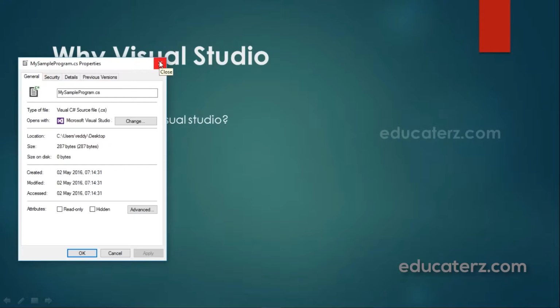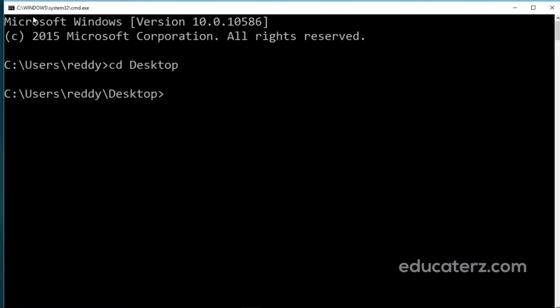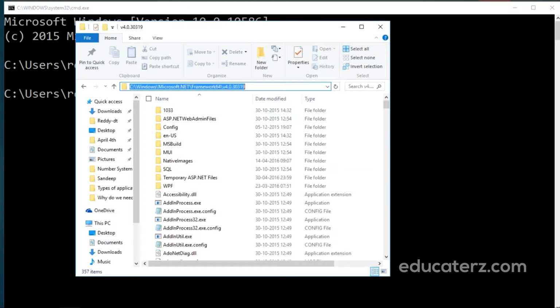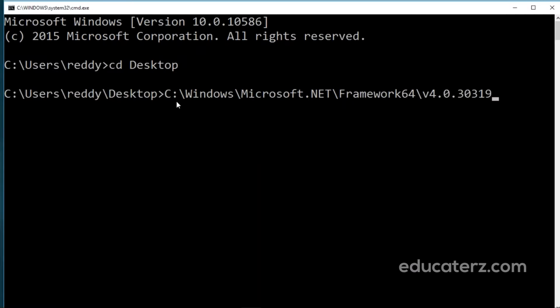This is the reason we changed the directory. So this is a normal command prompt, everyone will have it whoever installed Windows. Now you get the path where the .NET Framework is installed. Just copy it, then paste it here. Then for this same path you add csc.exe.